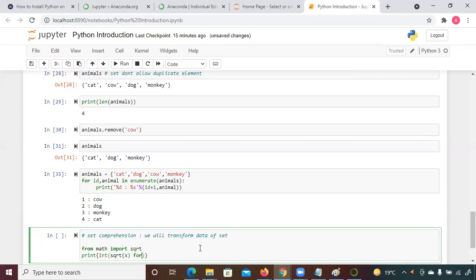For x in a range of, suppose 25 I'm passing.